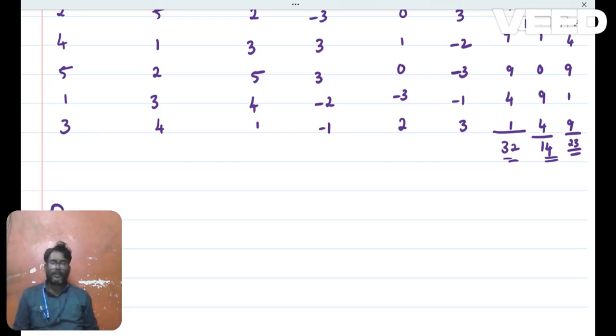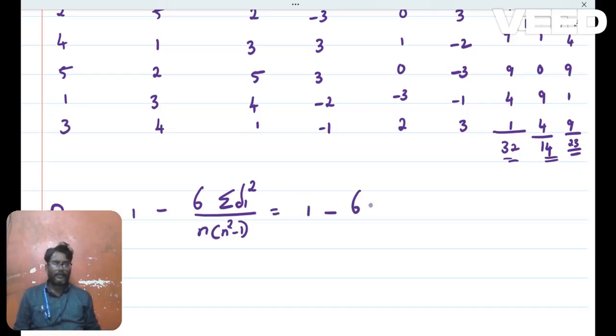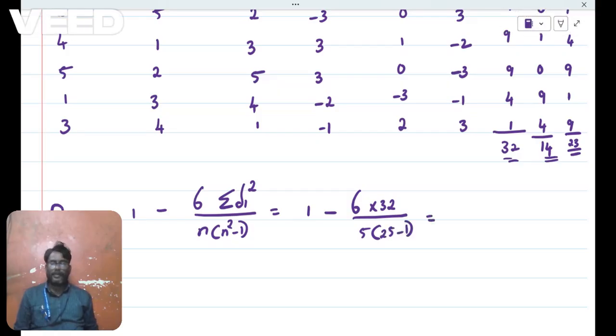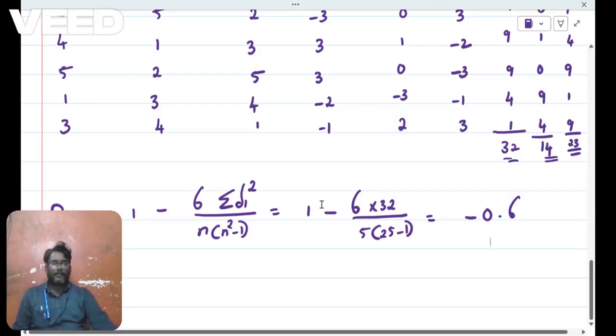Rho of x comma y is equal to 1 minus 6 sigma d1 square divided by n into n square minus 1. Here n is the number of data, so 1 minus 6 into 32 divided by 5 into 25 minus 1. Similarly, we get this value as minus 0.6. Next, rank,